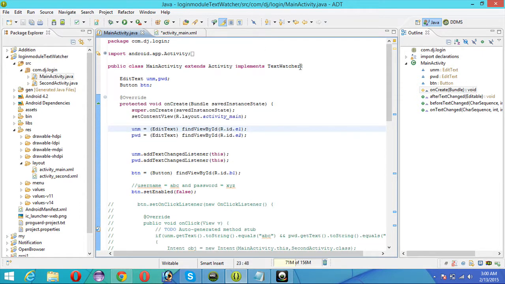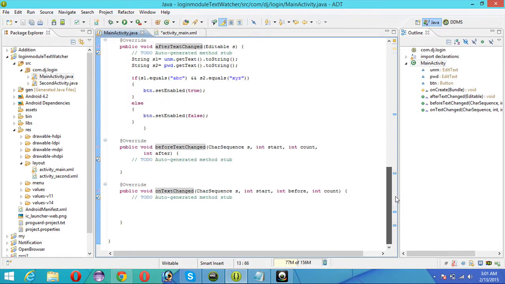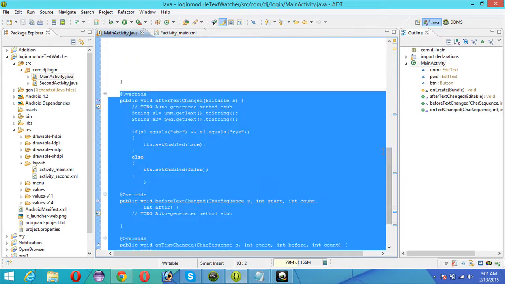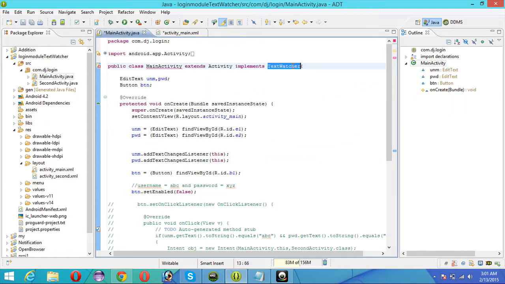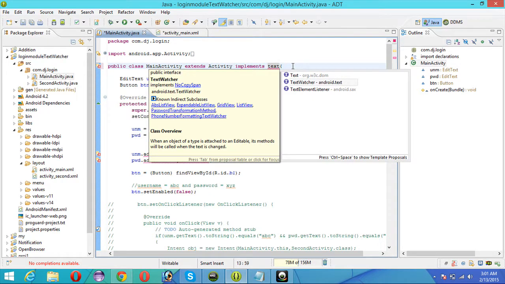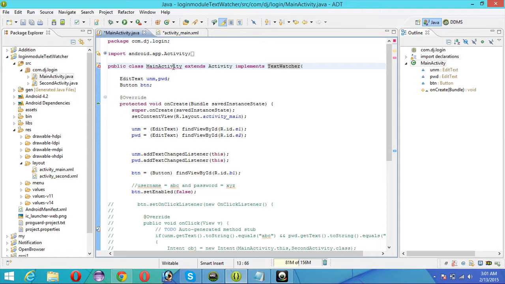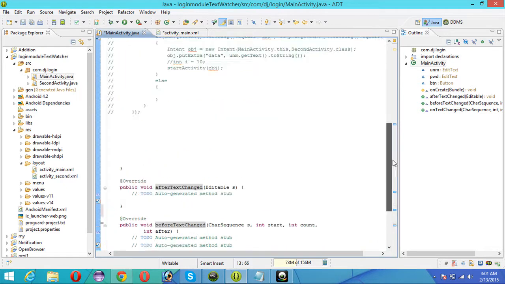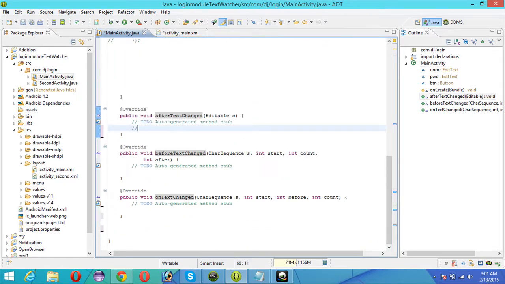First of all, we require the TextWatcher class. Whenever we implement the TextWatcher class, three methods are created by default. For example, you see that I implement TextWatcher, then add the unimplemented methods. Then these three methods are created. Our code is here,